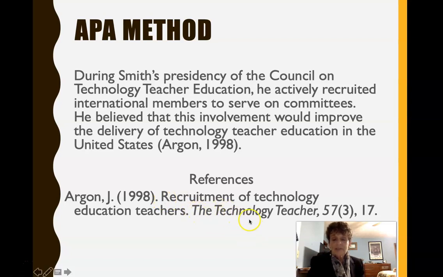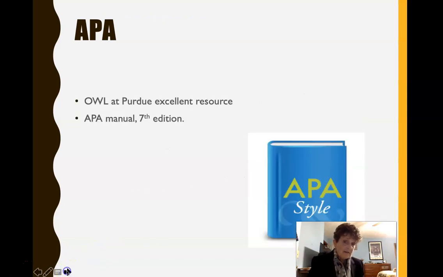This is the title of the journal from which it was taken. This is the volume, the edition, comma, and this is the page. So APA